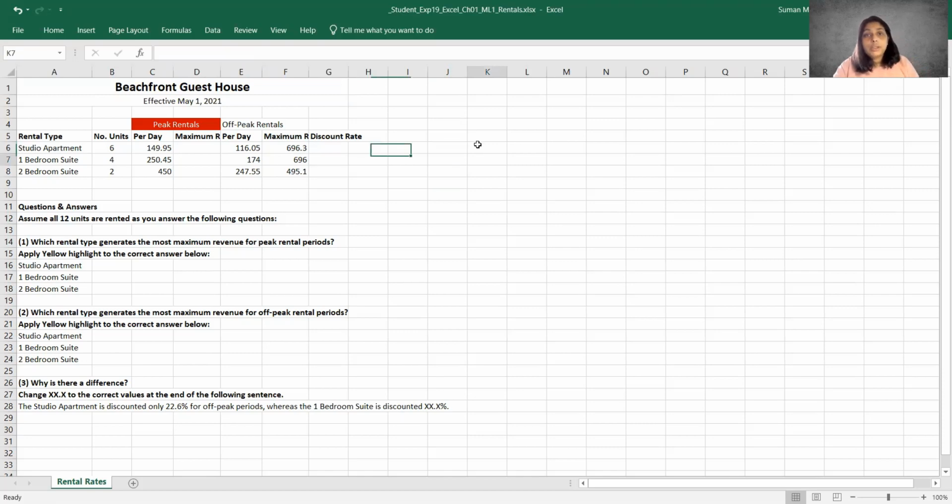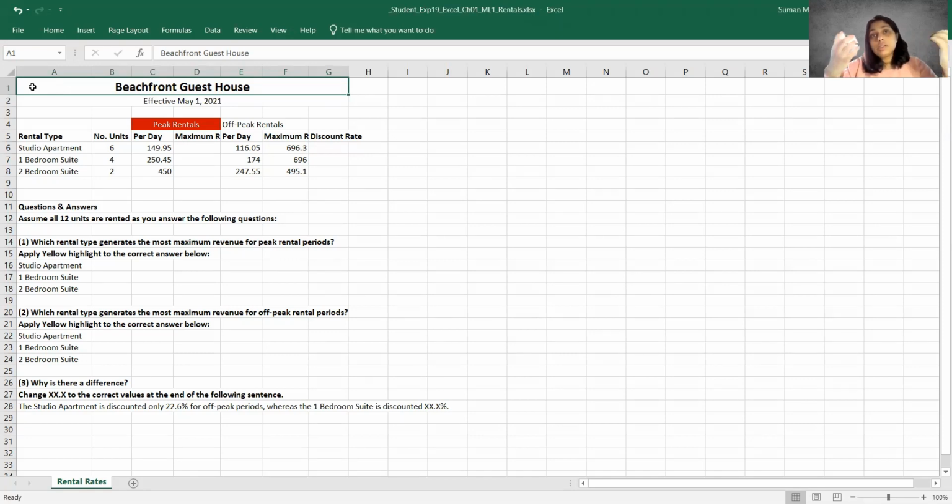Here is A1 through G1. This is one large cell that has been merged from A1 through G1. Once it gets merged, it becomes the smallest of the cells, which is A1. So that entire merged cell of A1 through G1 is now known as A1.